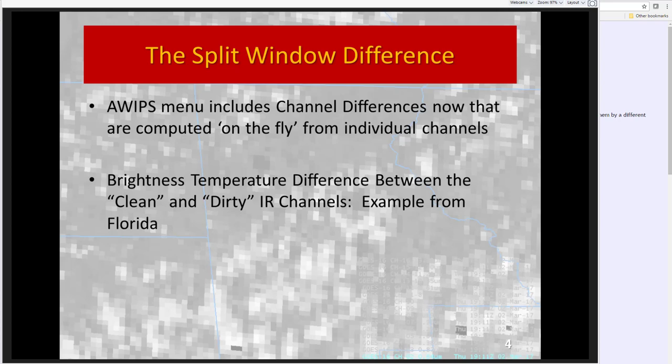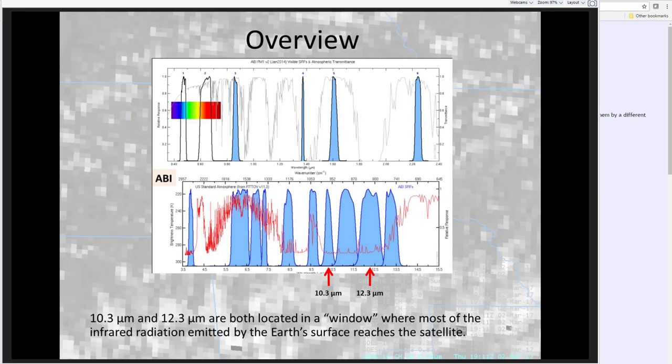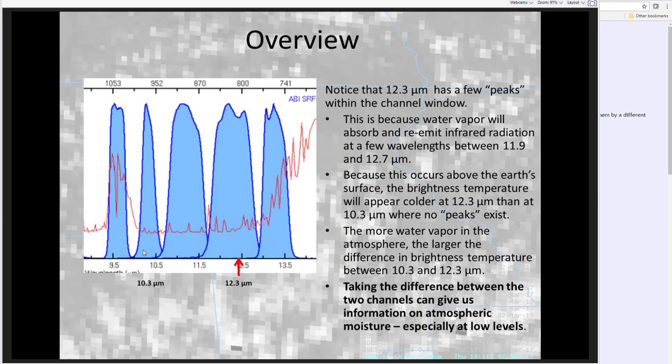Just as a brief review, what we're looking at is the 12.3 minus the 10.3 micron windows. They're both considered IR windows, in which case most radiation that's emitted by the Earth's surface is able to reach the satellite. But if we zoom in to the two channels, here's 10.3, and 12.3 to the right. With the 12.3, this is the brightness temperature with colder going up. You see that there are peaks where there are colder temperatures that would be emitted in the U.S. standard atmosphere. And that's because at around 12.1 and 12.5 to 12.7 microns,